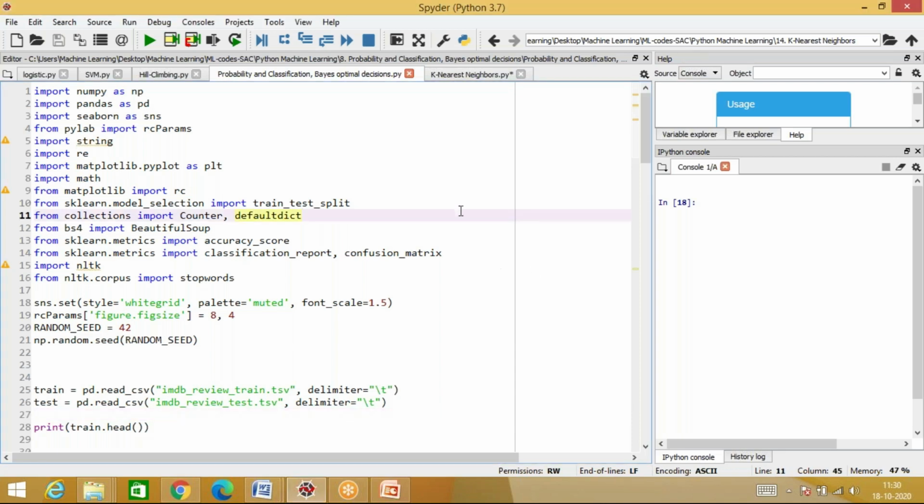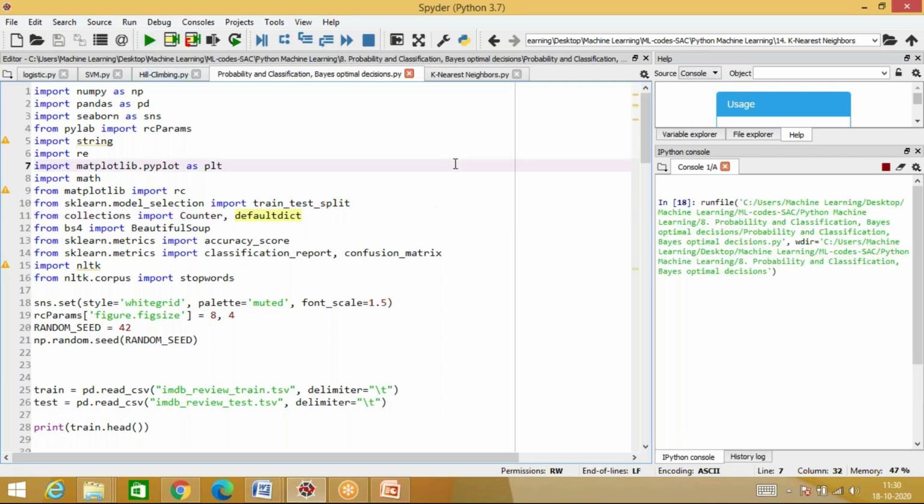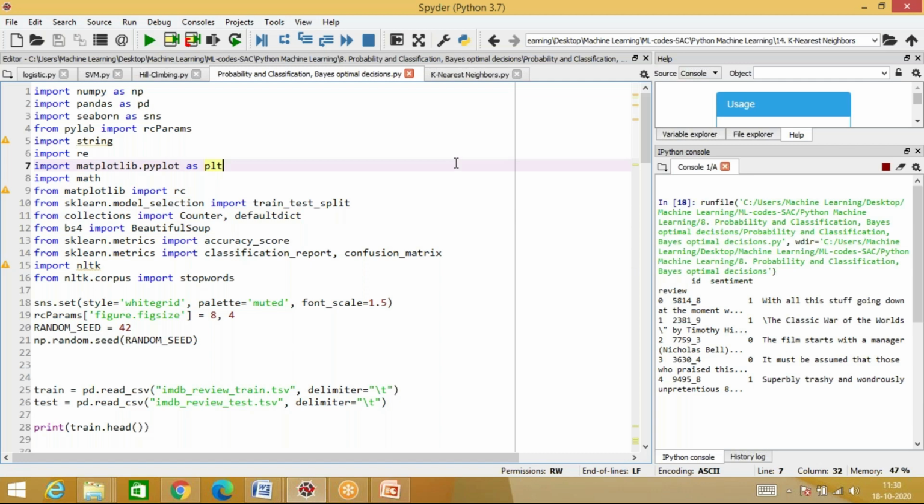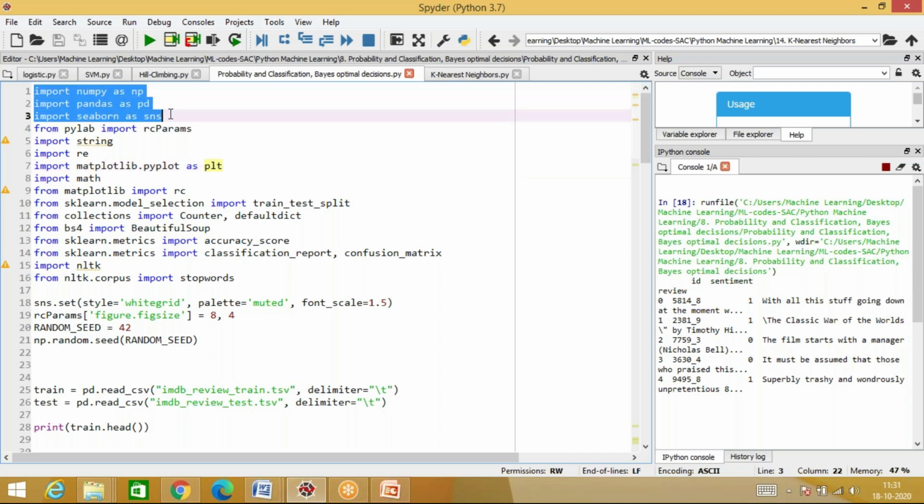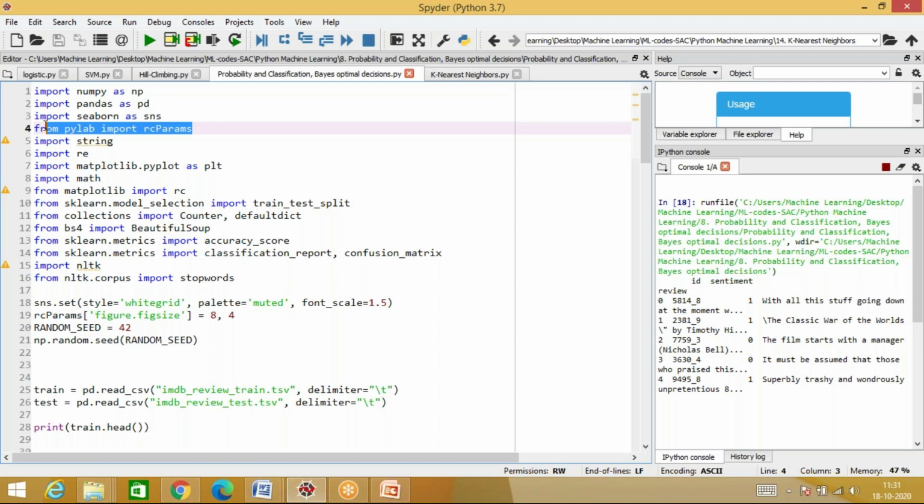And again, I'll show you that part of the code which never changes whenever you're working with, say, Bayes theorem. Now observe this. See, guys, over here, I've started by importing a lot of stuff. Please listen to this carefully. NumPy, Pandas, Seaborn, we know all these things. rcParams from pylab. re is the regular expressions library that you use. Now, the usual stuff. Then you have Matplotlib over here, math over here.